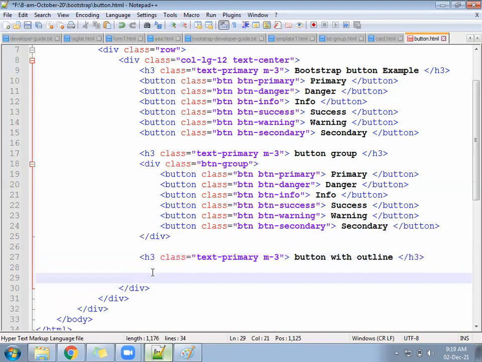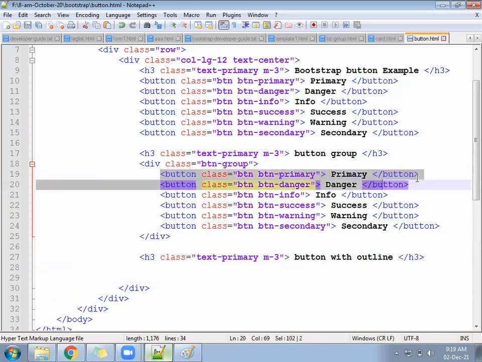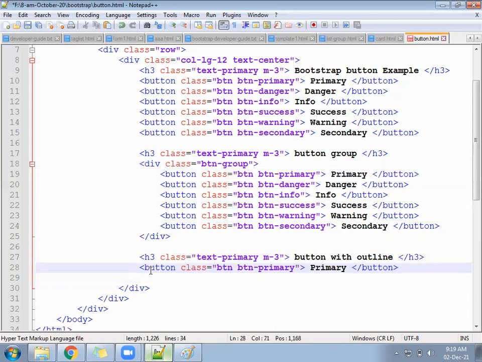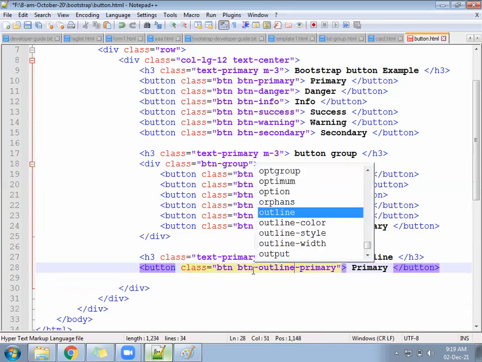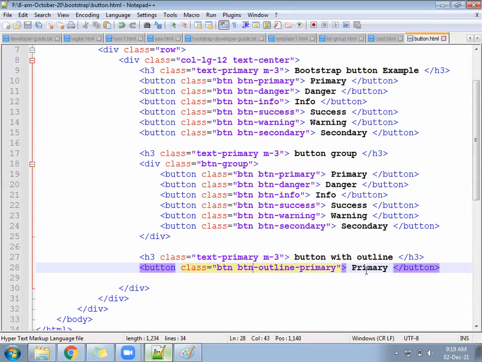There you will write a primary button, and for that you will apply a class called btn-outline-primary. That's it.